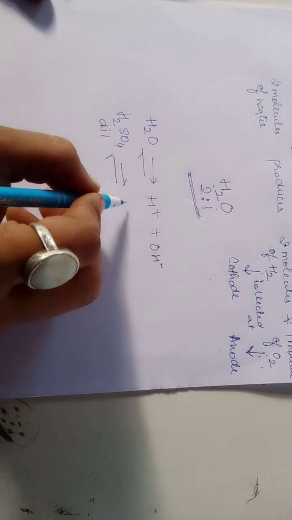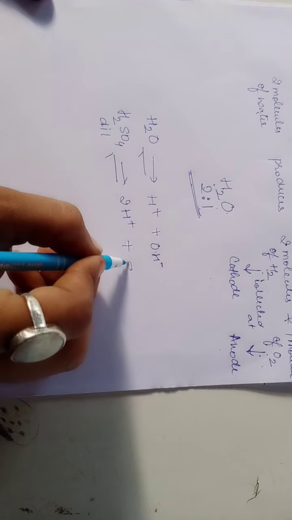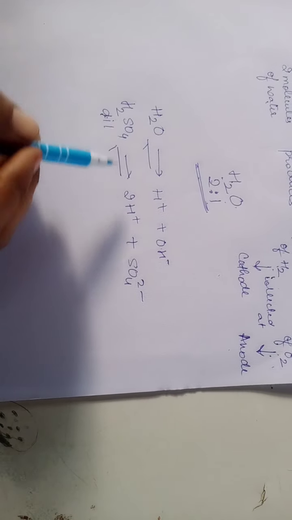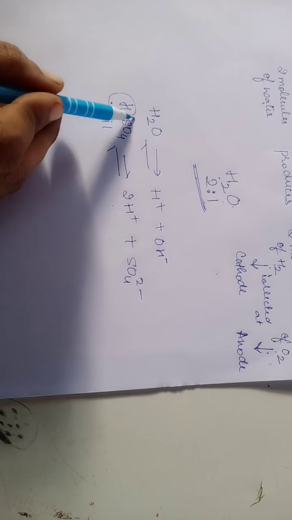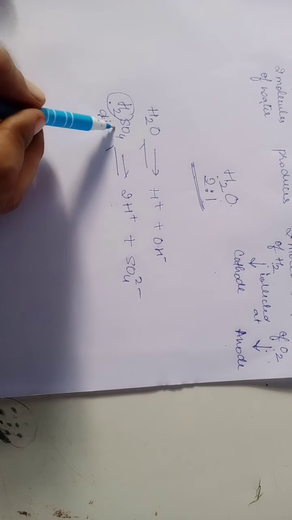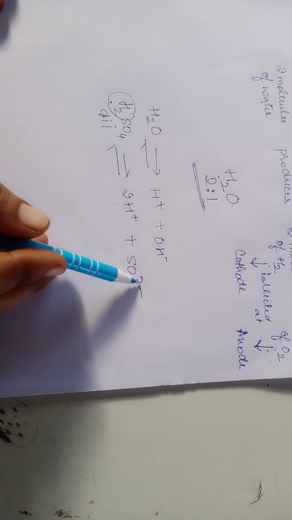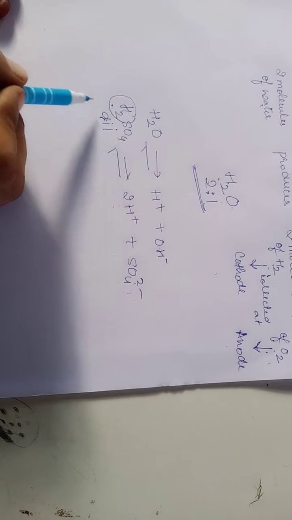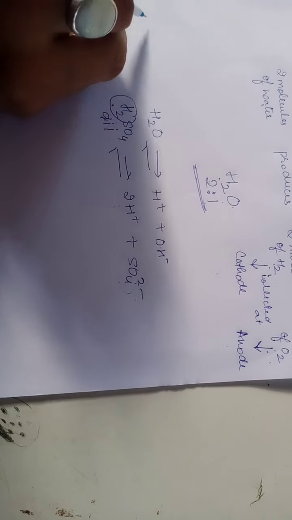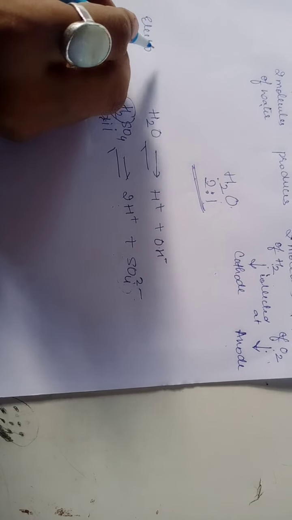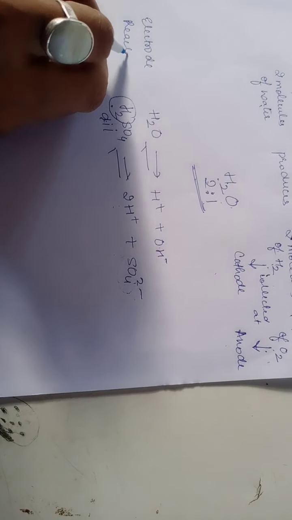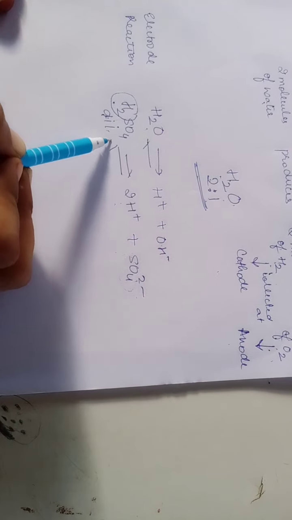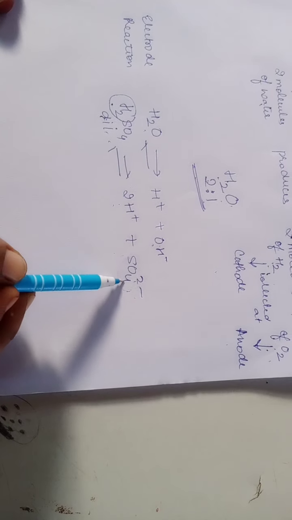Now this dilute acid will dissociate into 2H plus and SO4 raised to 2 minus ions. Children, this is a dibasic acid. This we already know how it will dissociate. It has 2 hydrogen ions and 1 sulfate radical. So its radical contains 2 minus valency. Now this is the general equation, the general reaction taking place in the vessel, because we have two substances, water and dilute acid.